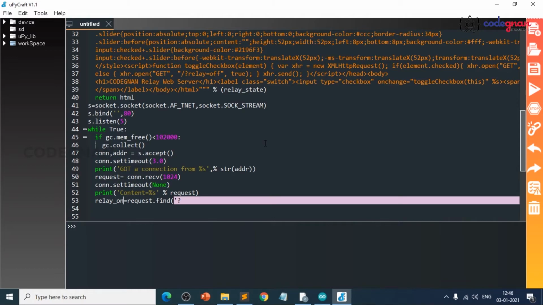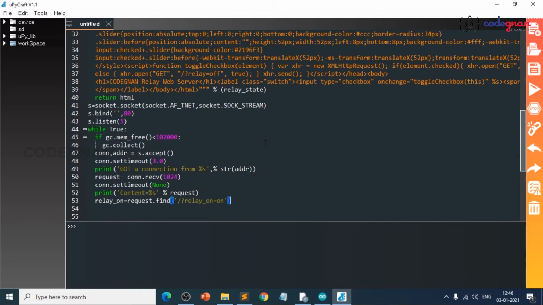So whether we are getting relay on equals to on, for this we have created variables here because we cannot use this as here in every part.